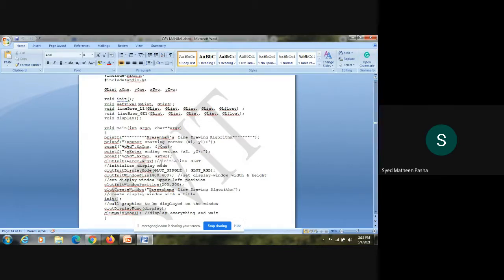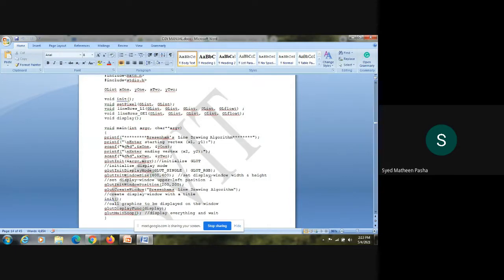In the first parameter, you are defining that there is only a single display to be set with respect to color RGB, with respect to the GLUT library there. Then you are telling the system to give the window size as 400 by 400, where it will set the window size with respect to height and width.